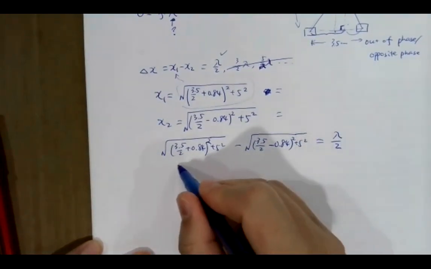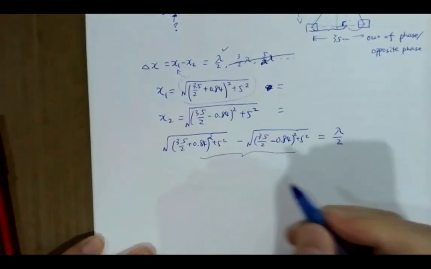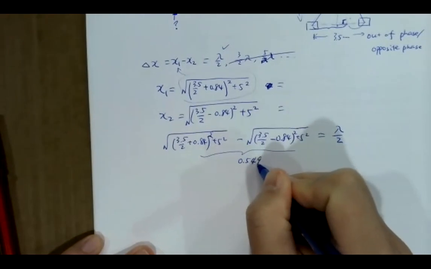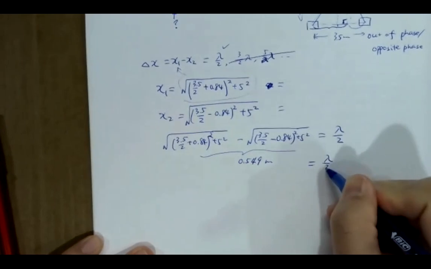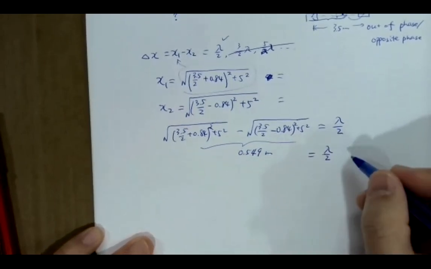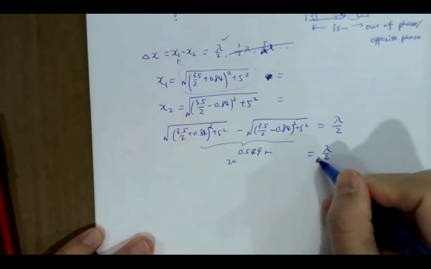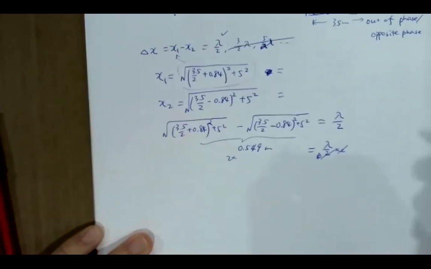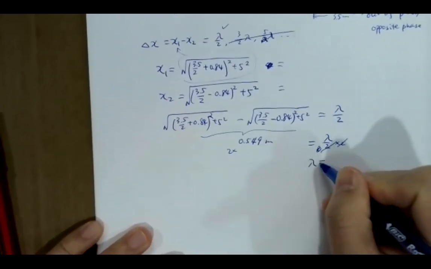I calculate the left hand side all together. That gives me 0.549. That should be in meters, equals to my lambda over 2. So then you multiply both sides by 2 to solve for your lambda. So lambda is equal to